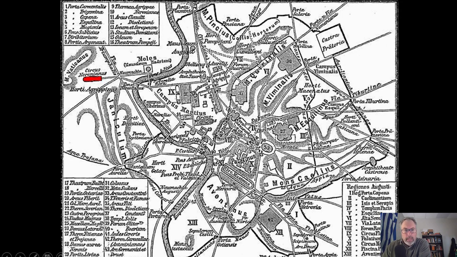And the story goes that in this circus here that I have colored red, so you see Circus Neronianus, the circus meaning here just stadium. In this area, in this stadium, it's thought that Nero made a spectacle of a lot of these martyrs, and so some of these early Christians were killed and crucified, beheaded, tortured for public entertainment. It was a horrific scene.